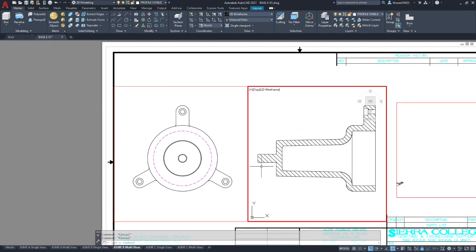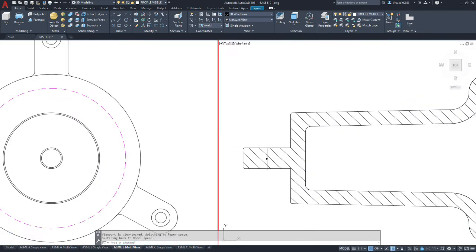The first modification we're going to do is we've decided we're not going to have the pin sections. It's a kind of like a fastener type feature. So we're going to go ahead and create a line in profile visible layer across the section of that.